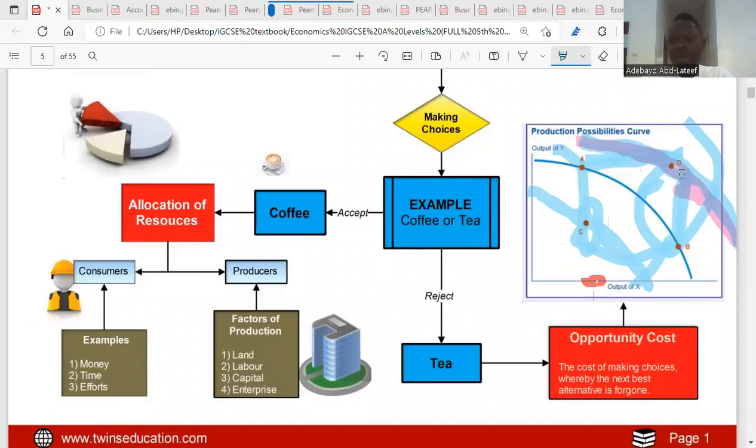And making a choice means that we are deciding on our scale of preference, which is making a list of our priorities. So if we think output Y is what we could produce better, we'll produce it. If it is output X, we have to decide on that. So that's about the PPC, the production possibility curve, which is a graph that shows the maximum output that can be produced in a given economy in terms of goods and services. Either we produce the maximum of output X at B, or we produce the maximum of output Y at A. And that's all